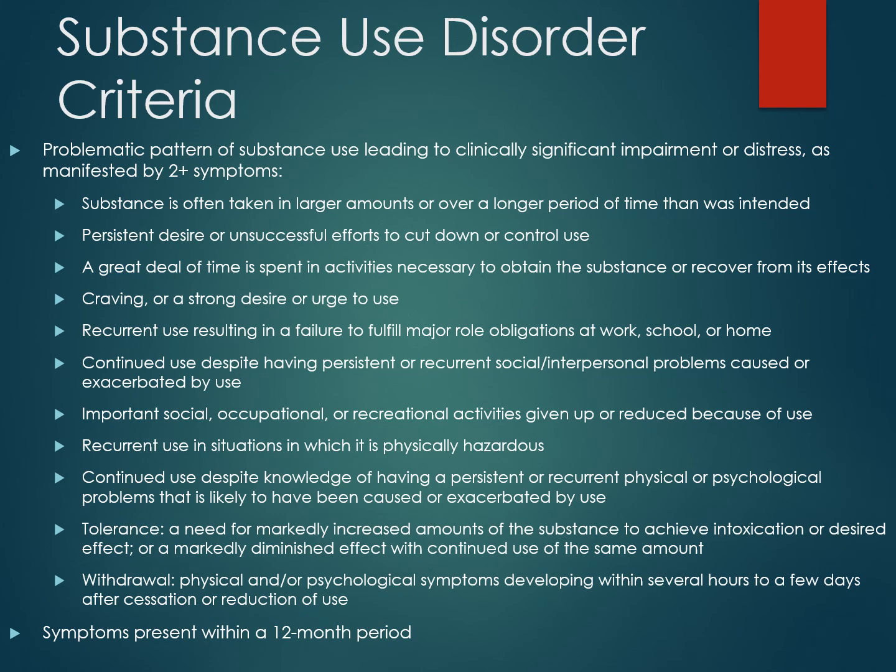So the first criterion is that the drug is taken in larger amounts than intended or over a longer period of time than intended. It's important to note the intention piece here. So just simply using a lot of the drug is not sufficient to meet this criterion, as long as the person intended to do so. So if I always drink 8 beers every day, but that's my plan or intention, I do not meet this criterion. Instead, this criterion is assessing loss of control.